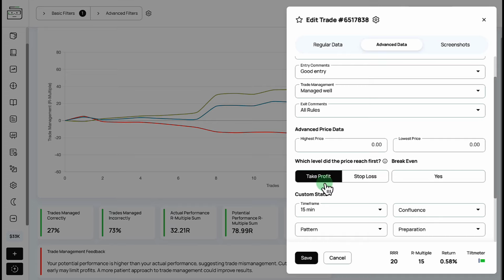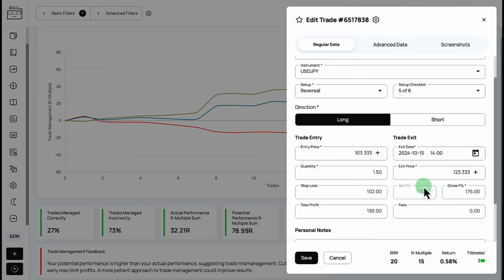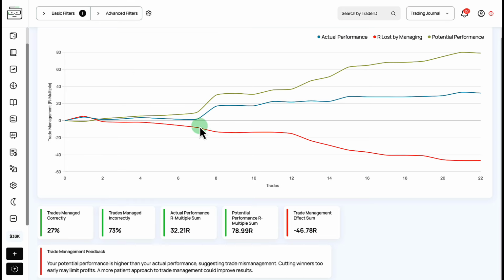And because we ticked this box here, this was not the right decision, because if we would not have interfered, the price would have kept going and would have made it to the take profit. And that's why you see the dip here. And this shows you exactly that this trading decision cost you money. On that trade, you could have made more. And that's why this line is going down here. So again, to recap, whenever this is going down, it means that you have made a bad and an inefficient